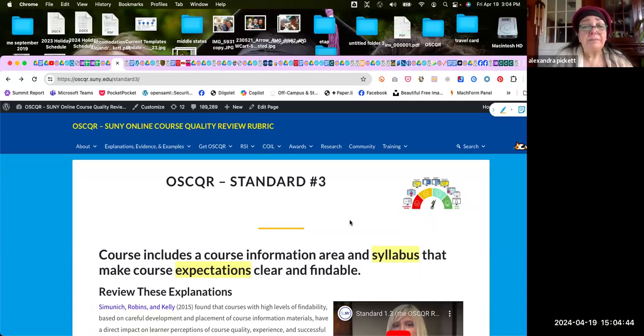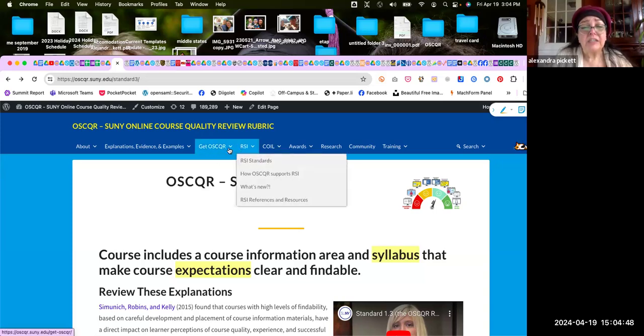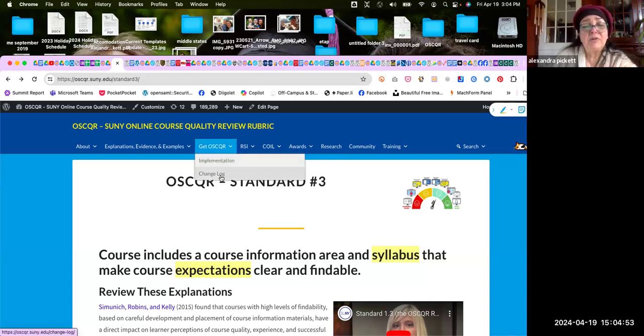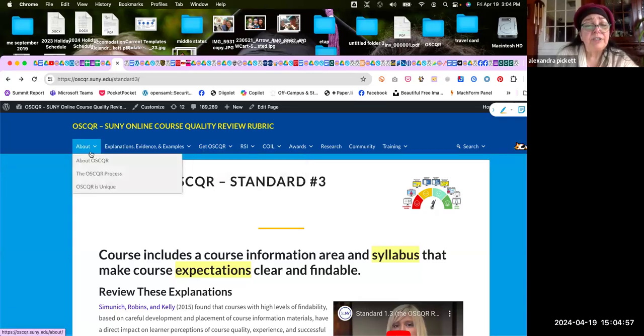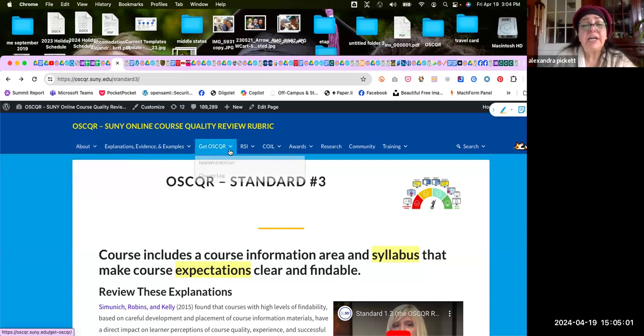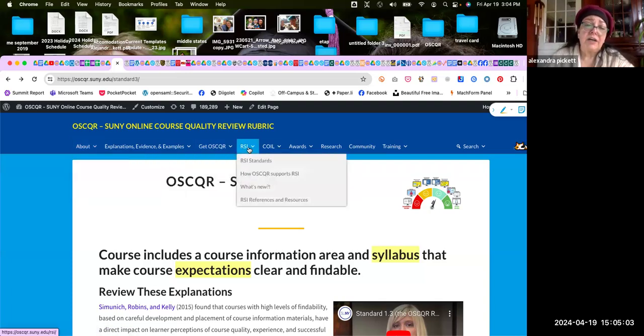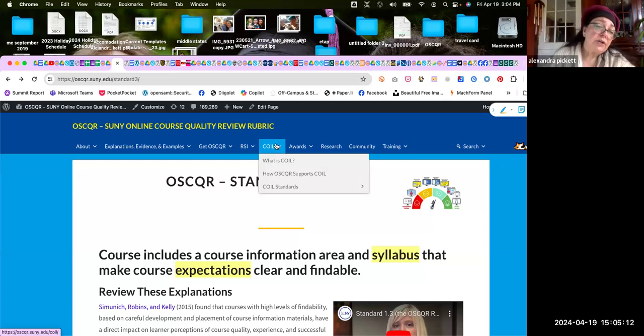I have a whole section on how to get Oscars, implementation notes, the change log, so you can see stuff. Over here under the about, there's information about the process and how Oscar is unique. There's a whole section on regular and substantive interaction. I'm right now working with COIL, which is the Center for Online International Learning. It's about virtual